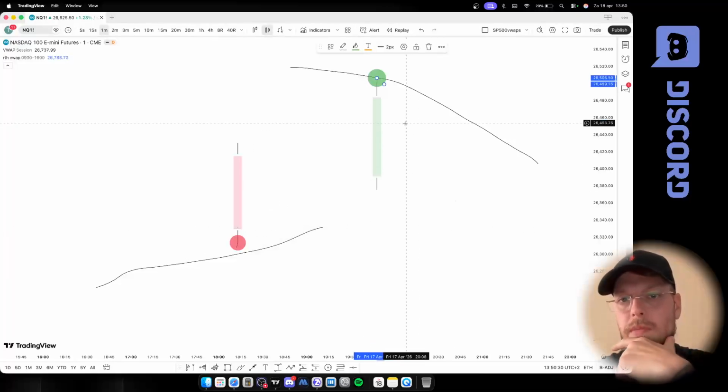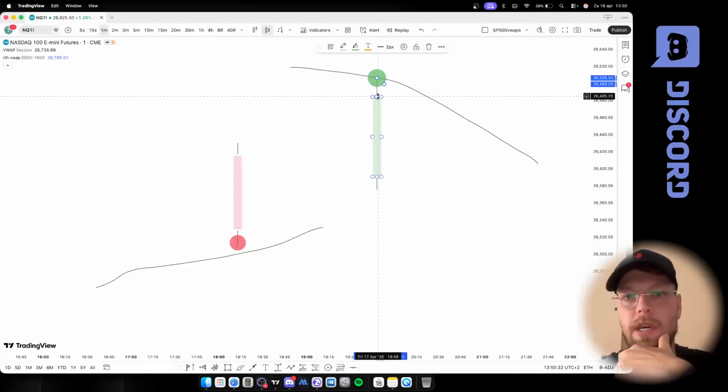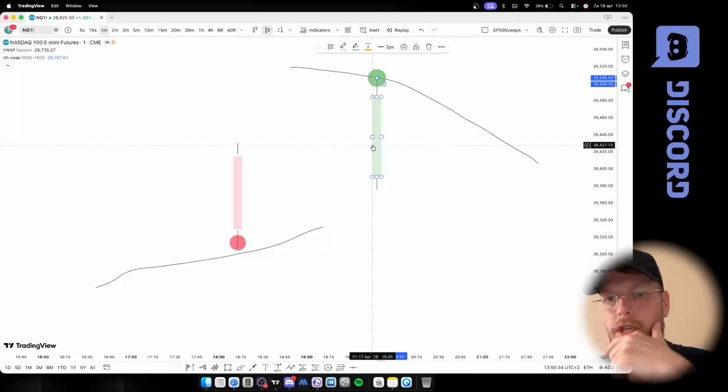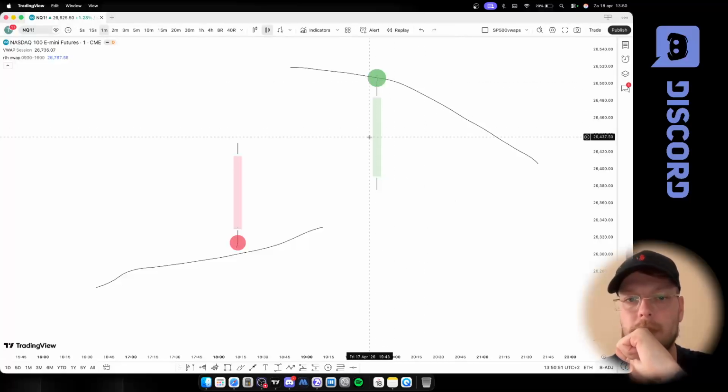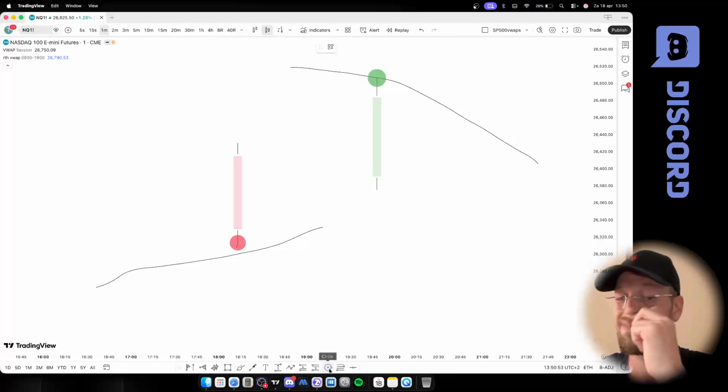absorption. Doesn't matter which color this candle is, by the way. If it closes bearish and it's red, it's also okay. So we approach VWAP and we have this big trade, green one, now in this scenario, and we hold below it. Then we can assume that this is absorption. Also here,